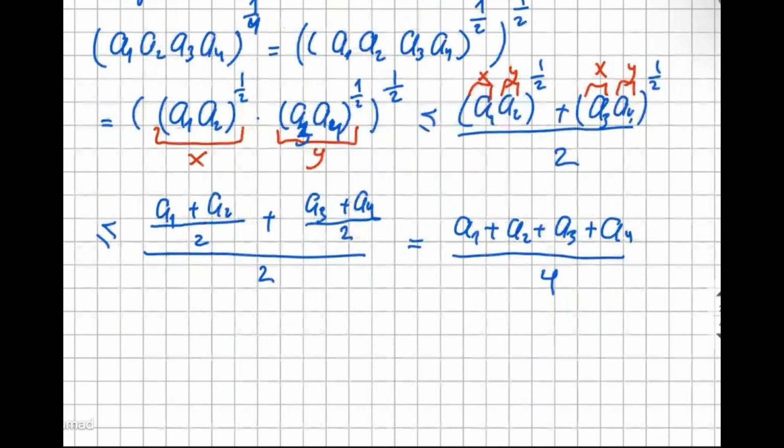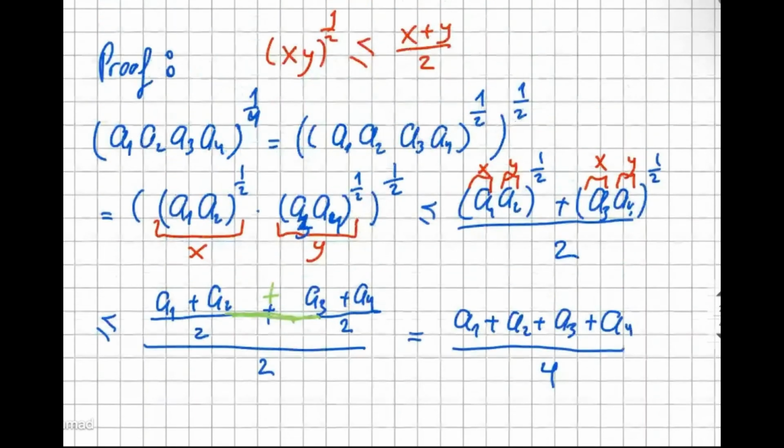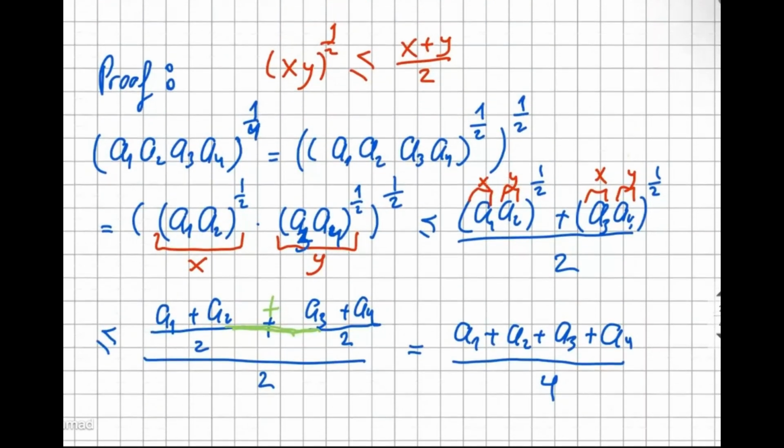Well, you can calculate this out. We bring them together, we can have the summation, and all of them are just divided by 2, and then divided by 2 one more time, and this just gives us the 4. I think this is quite obvious, but let me know if it's not. So let's call this inequality 1. We used it here, and then we used it here twice. Okay,